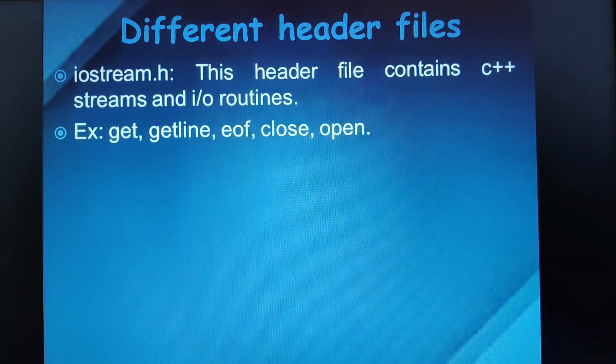Suppose you have two words like computer science, two words with a blank space. If you read that input using cin, it may read only computer. Once it encounters the blank space, it thinks it is the end of the string and may not read the further contents. But with getline, even when it encounters the blank space, it keeps on reading the entire string until it encounters the null character. For that sake, we are using getline.